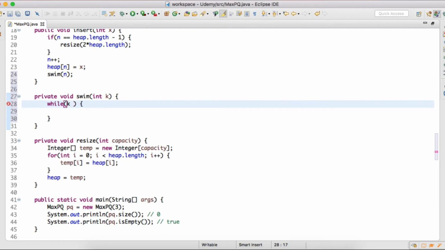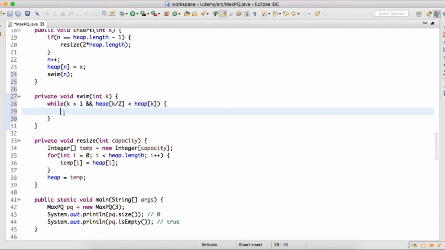The first condition we provide is whether k is greater than 1 or not, because if k is equal to 1, then we know that currently the heap has only one element, and if the value of k is greater than 1, then there is more than one element in this heap. Then we'll compare the value at the parent index, which is k/2, with the value at the kth index, and if both conditions come out to be true, we swap these two values.